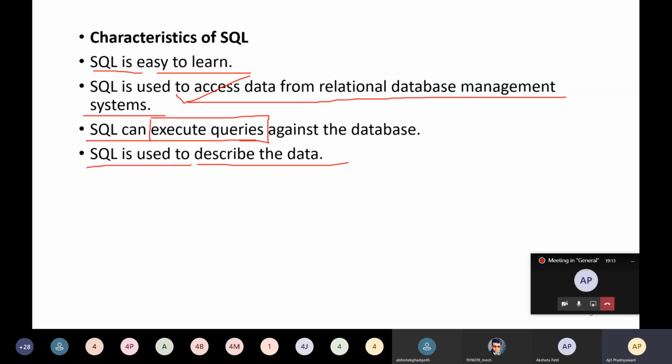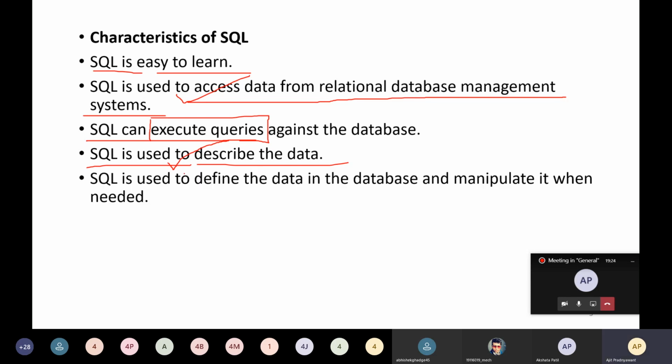We will see what is meant by describing the data later on. It is also used to describe the data present in the database system. SQL is used to define the data in the database and manipulate it when needed.